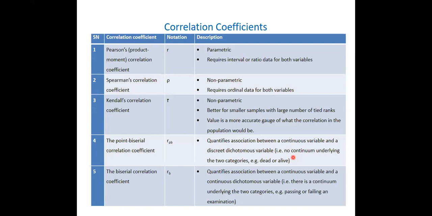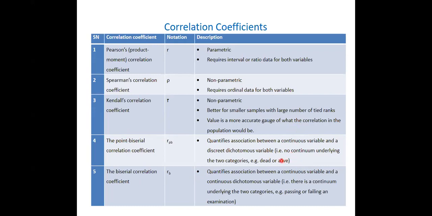That is, one has numbers, maybe continuous, on a continuous scale. But the other one is categorical. But what you do is that this one is categorical, there are two categories only. So one will be denoted as 1, while the other will be denoted as 0. Just like the computer language you use in logistics, 0, 1, 0, 1, 0. So there are two types of it, as I've said. One is point biserial, one is biserial. In the point biserial, one variable is continuous, the other one is what we call a discrete dichotomous variable. What is a discrete dichotomous variable? Like dead or alive, male or female.